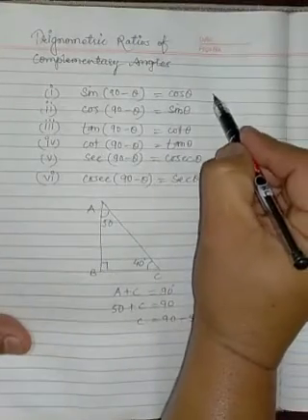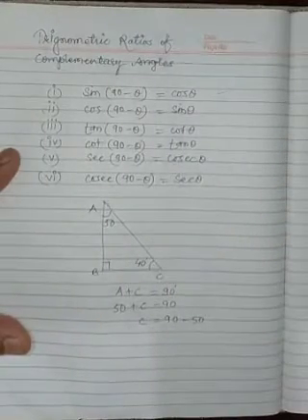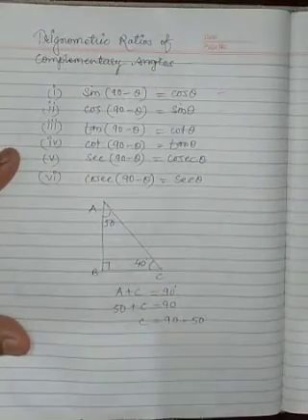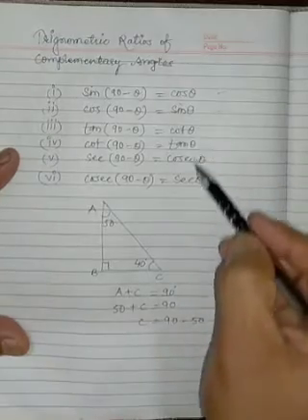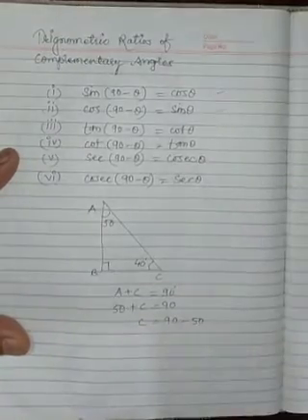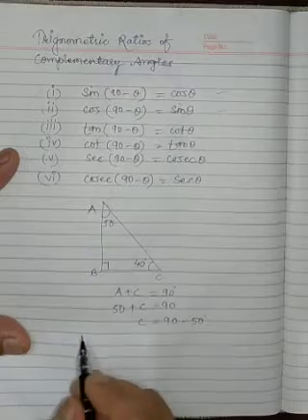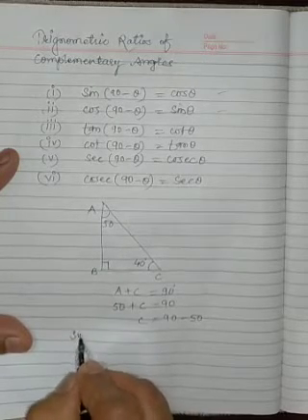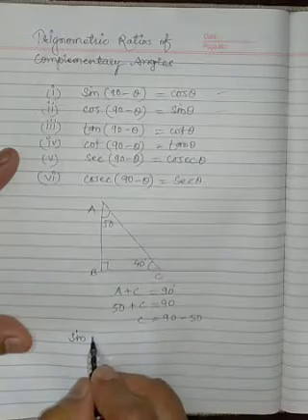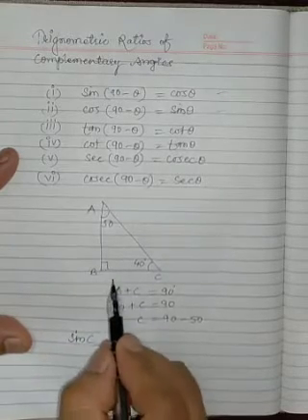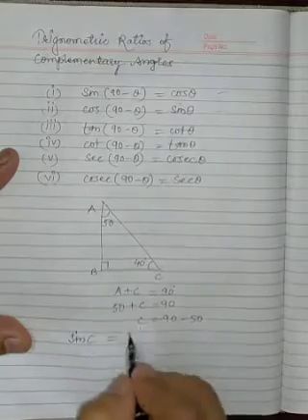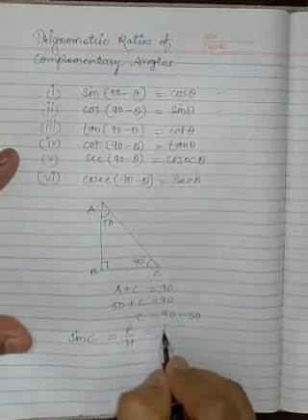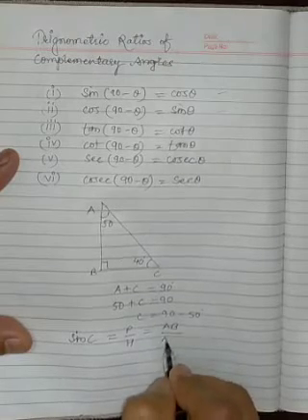Okay? So let's find out the relation, one of these which we can use to solve. I am going to use this one or this one. Any of these two we will use here. Basically we can use all these relations, but I am going to show you one of these. So for base angle C, sine C is equal to perpendicular upon hypotenuse, which is equal to AB upon AC.